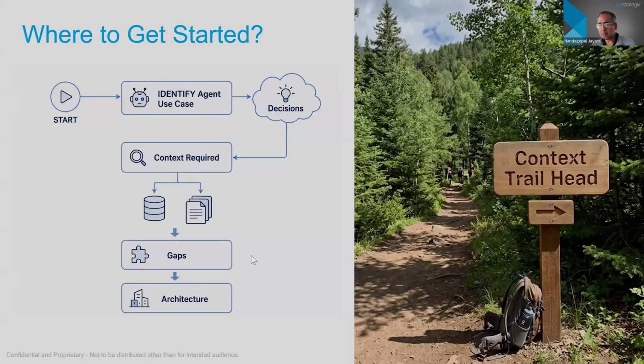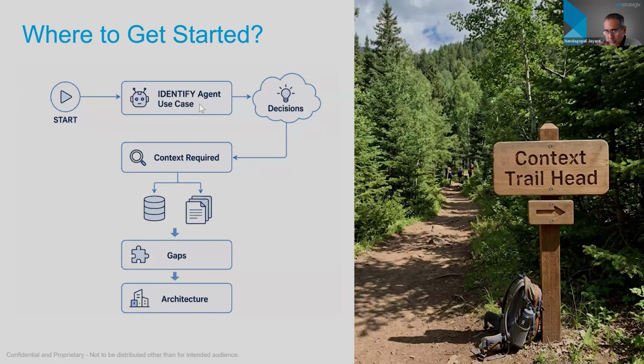So here's where the context trailhead is, where you identify the agent use case first. You don't want to start with buying or evaluating a context layer. You don't want to go off and spend cycles on assembling a context. That's what used to happen in the old school BICC, business intelligence centers of competence, or even big data. You would go amass all the data from all over, right? And then post COVID, every company was like, wow, I'm paying so much for big data. What is the value, right? So you really want to value engineer this.